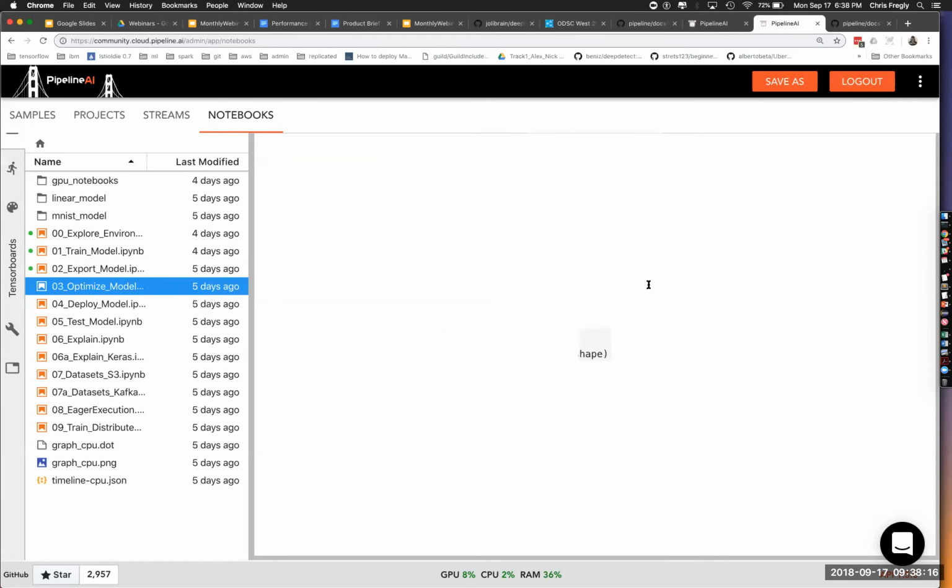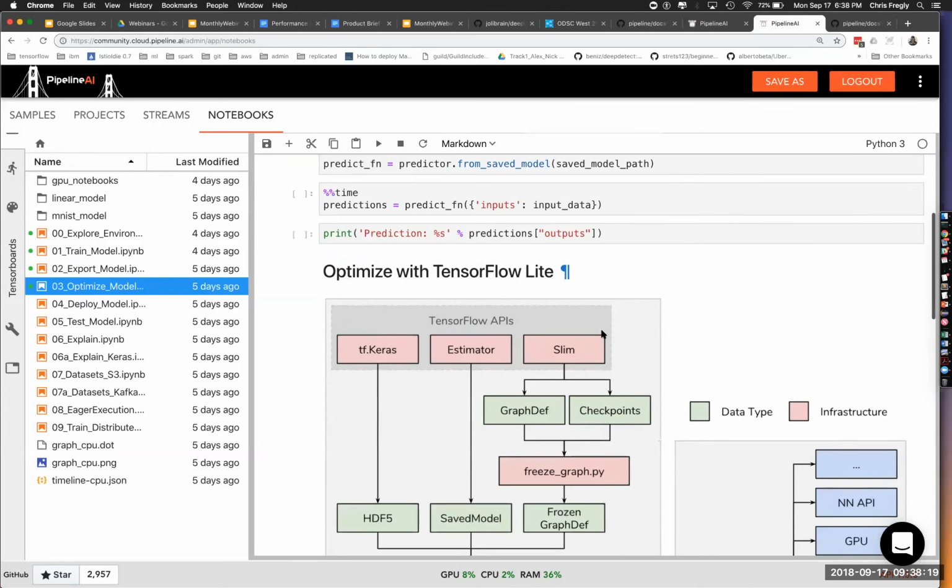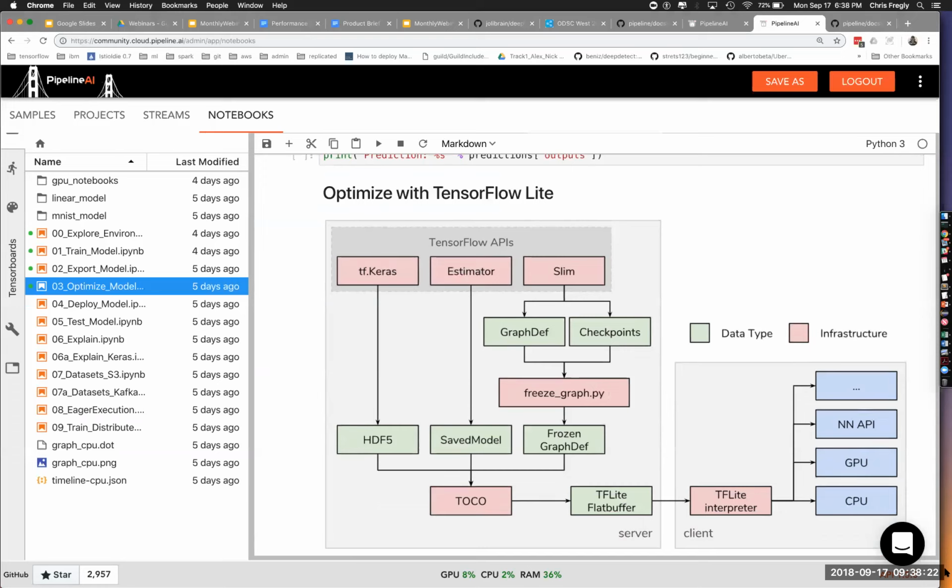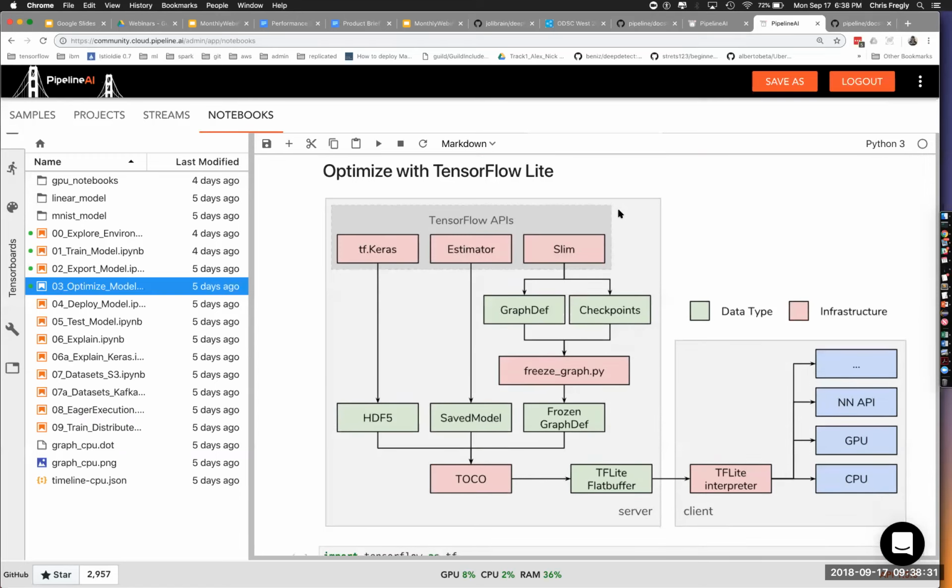Let me point something out here. Let's go into Optimize. I want to spend a little time talking about TensorFlow Lite. This is an intriguing part of the TensorFlow code base. Not a lot of people really understand this, and we didn't really understand it either when it was first released under different names like TensorFlow Mobile. Others might know this as TF Compile. But this all comes down to the ability to take a trained model and get it into a smaller or faster format that's specific to predictions. That's the space Pipeline is focused on, this kind of pipeline to production, if you will.